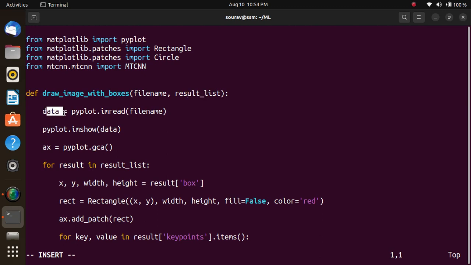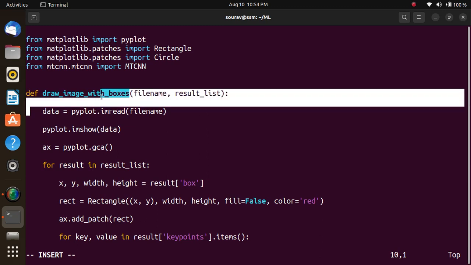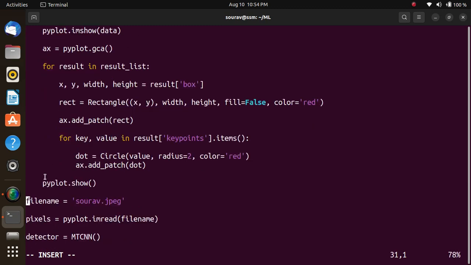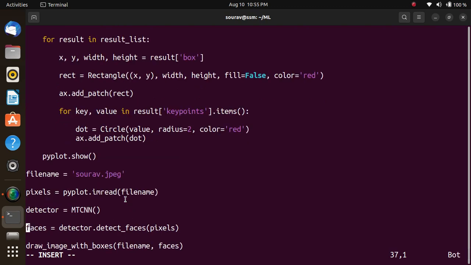data is equal to pyplot file name. This function is used for drawing the image with detected objects. Then file name, load the image from the file. Then pixel is equal to pyplot.imread, in the sense